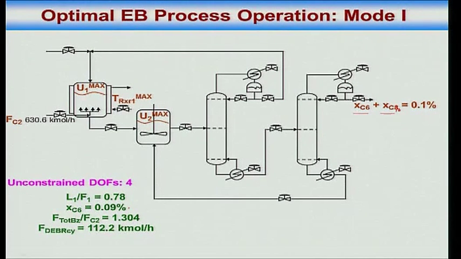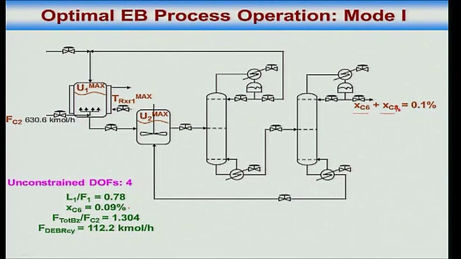Yeah? You see, I want the reactor temperature of reactor 1 to be max, because that gives me the highest possible temperature in reactor 2. Reactor 2 is adiabatic. What is happening in reactor 2? Reactor 2 is basically transalkylation, the last reaction. So if the last reaction is fast, what that means is I will not be having that much DEB accumulating in the recycle loop. I don't need to accumulate it to that large an extent to balance the consumption.